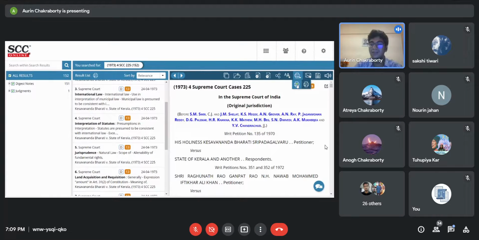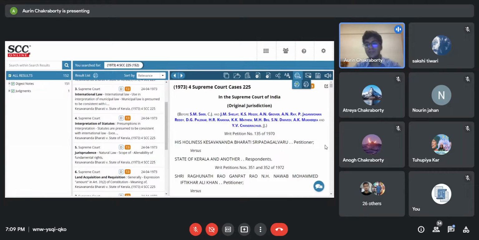But what a true print does is that there'll be a watermark which says that it's a true print copy. So in case you cite it, or you file it in a court of law, that will be treated as a judgment which has been downloaded from the website of the respective court itself.